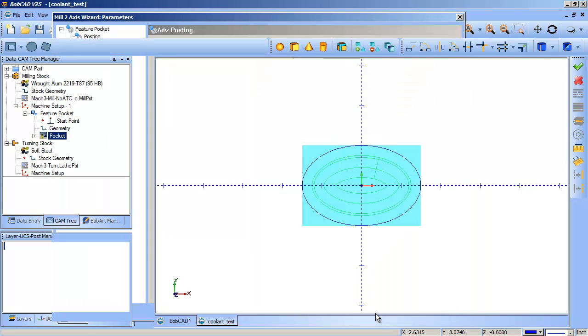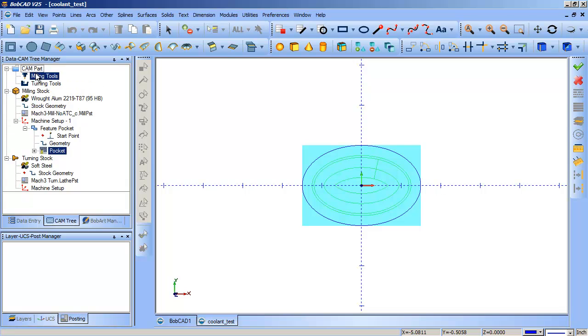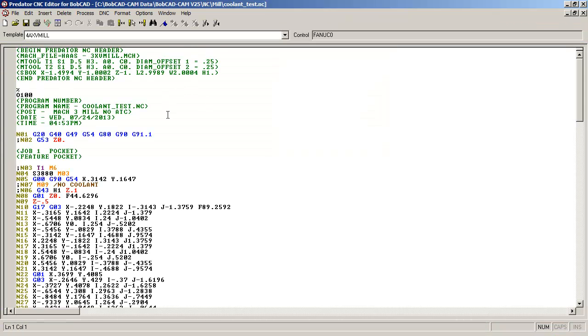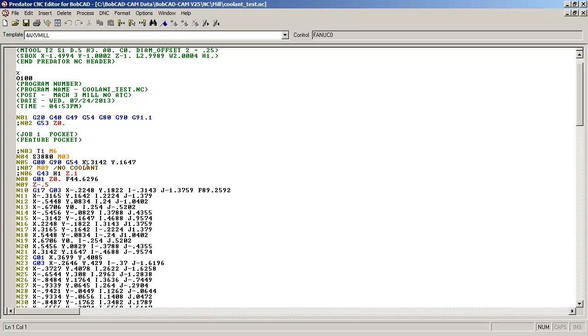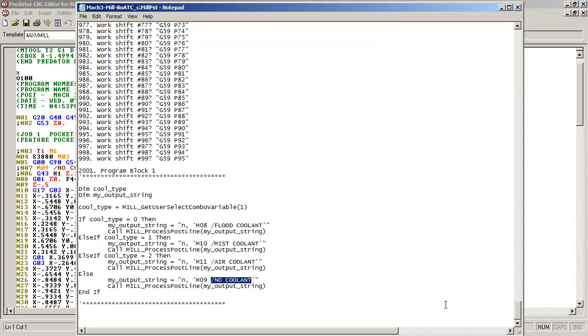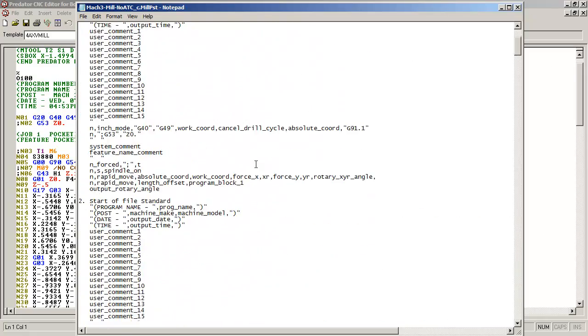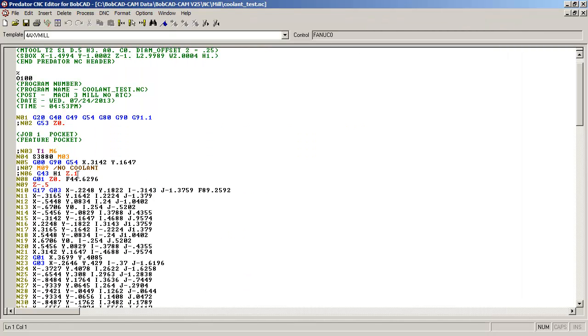Let's say none. Finish that. Let's post code for that. Post. And let's look at the code. Edit. It's going to pop up on my other monitor. Oh, no, it pops up on this one. So now, wherever program block 1 is listed in that post processor is where it's going to output the results of this script down here. Right here, in this line, the program block 1, that's where you'll see the M9 flood coolant. Okay, so now if I change that to